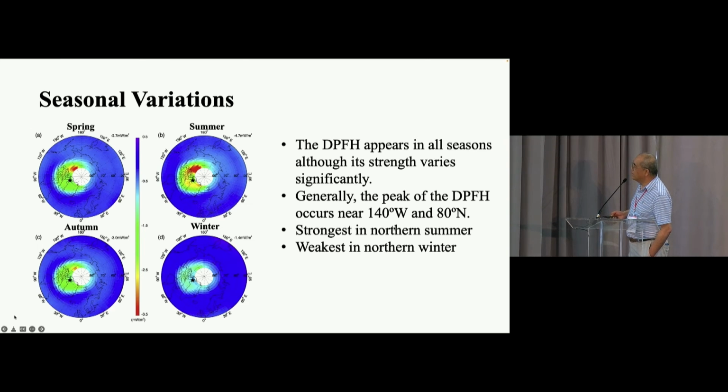However, you do see seasonal variation. The strongest Poynting flux hotspots happen in summer, in June solstice, and the weakest is happening in the winter, December solstice. Actually, it's a little bit higher here, but not as clear as in June solstice. And in the equinox, it's similar, but weaker than the June solstice. Okay,